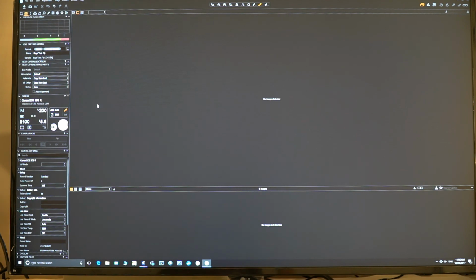So you have to make sure that EOS Utilities is turned off before you fire up Capture One, so that it doesn't compete for the connection to the camera. So you've got all the camera controls and then some that EOS Utilities has, plus Live View and the fire button incorporated into it. So if we click on Live View,